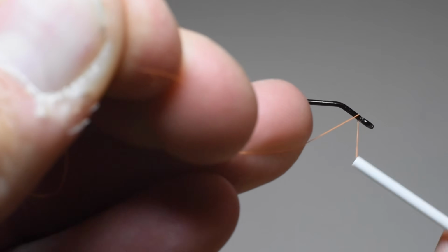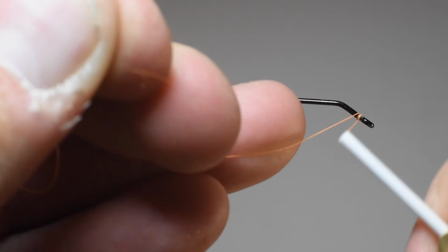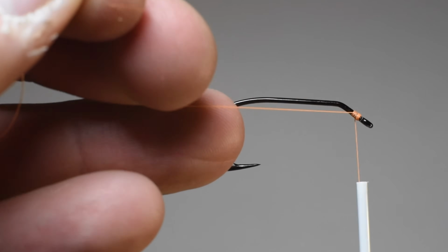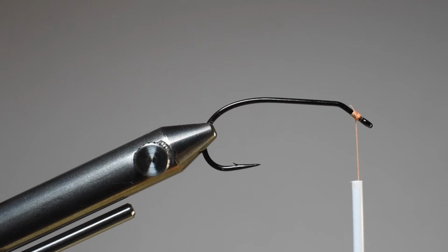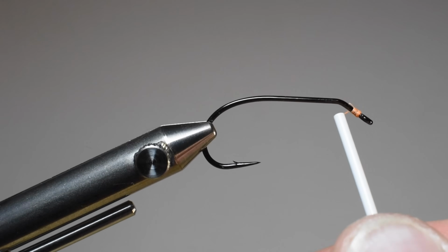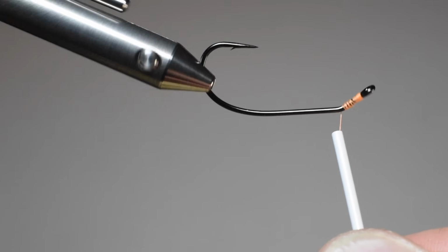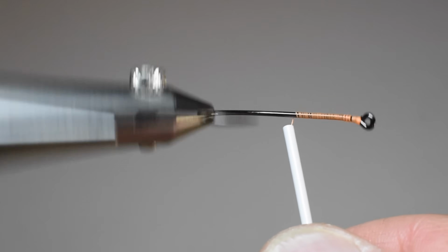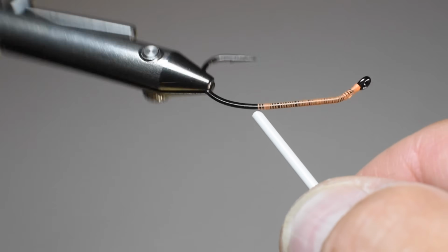We've got a new fluoro wax thread by Semperfli. This is an 8/0. I've got it wound onto a Norvise bobbin, and we'll start our thread, trim out our tag end, and we are using a Norvise rotary vise, so I'll just go ahead and lay down a nice thread base here on the shank of the hook,